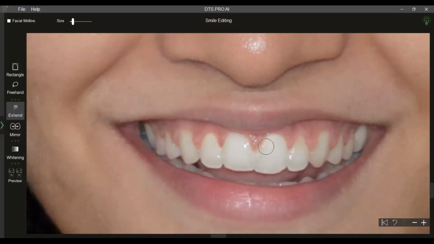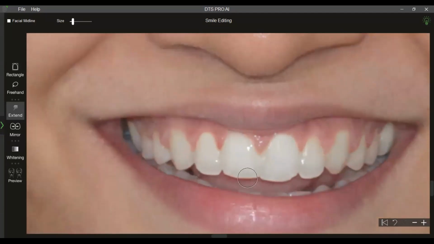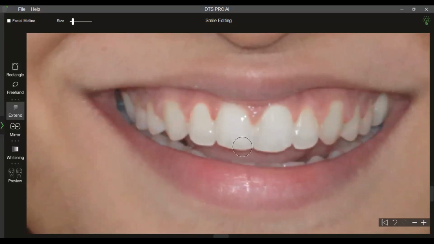So as you can see, I can use the extend tool to simulate crown lengthening, gingival reshaping, a little bit of enameloplasty, some composite repairs.